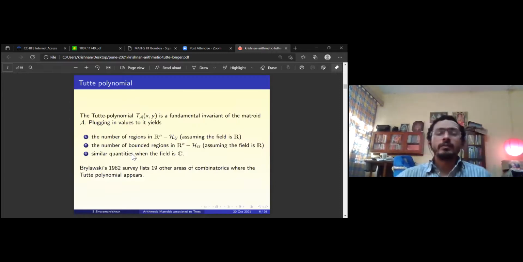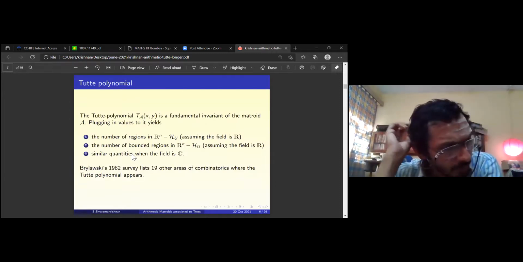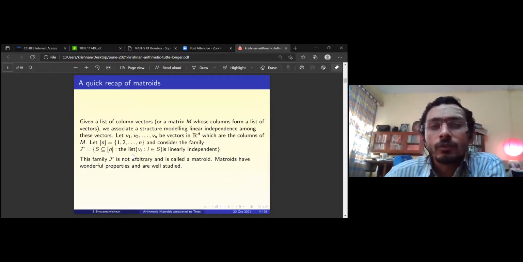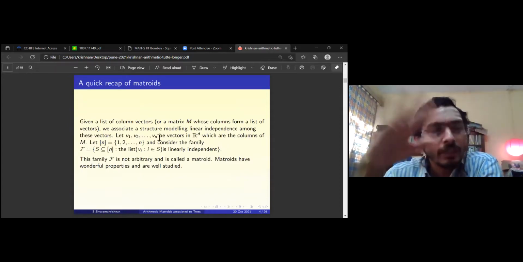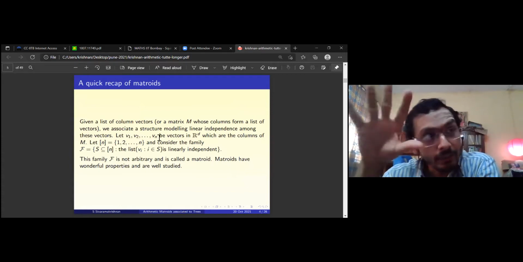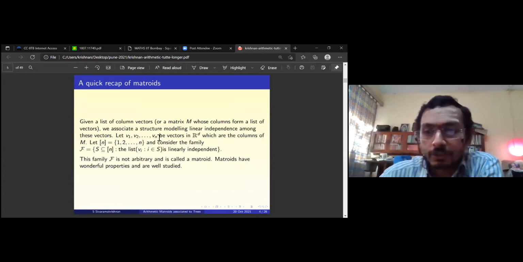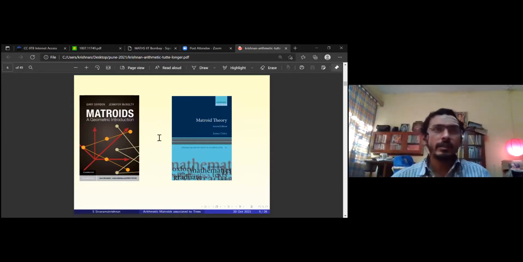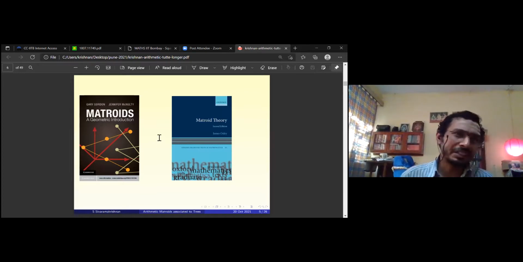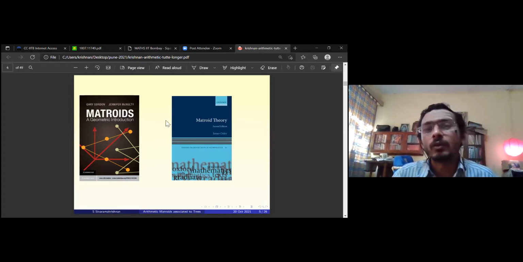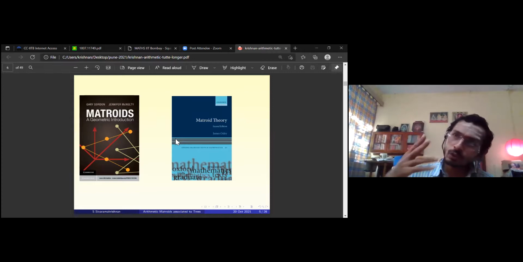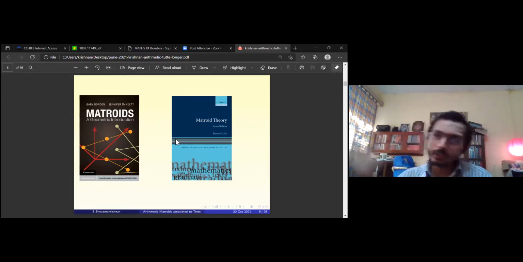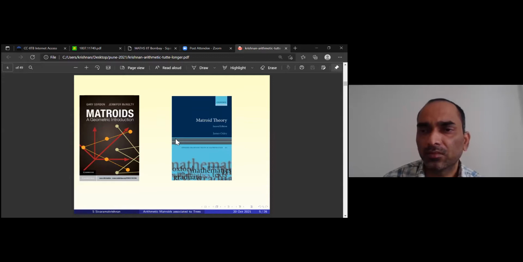All right. So if you have a matroid, for example, this is a matroid. That is, you start with a list of vectors, you look at all the subsets which are linearly independent. That is not just some arbitrary set. It has some rich structure, which is that it forms a matroid. And you can get other matroids. If you look at the first, let's say, 50 pages of either of these books, they will define matroids in one manner and then prove some properties, and then show that you could have defined matroids in some other manner. There are some 4 or 5 definitions, and they all are the same.